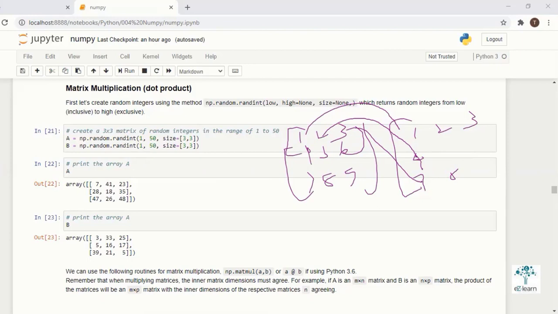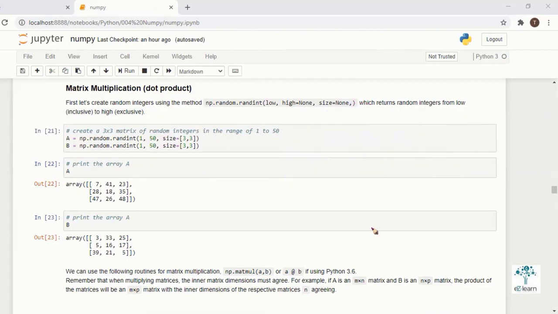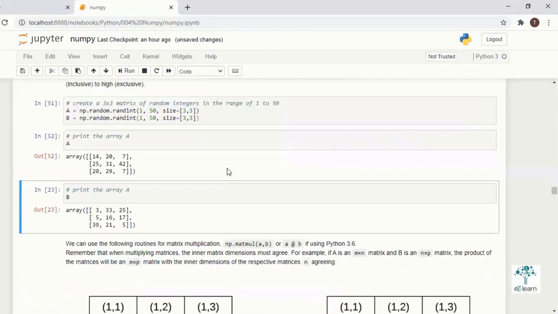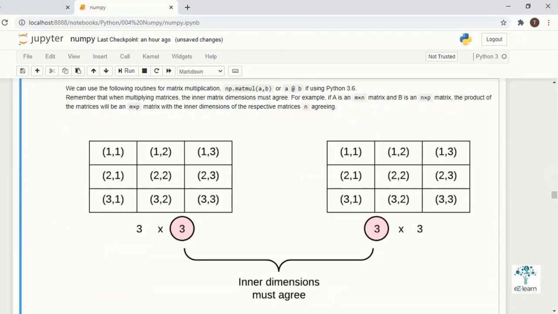So like this, you remember how we do matrix multiplication in Python and NumPy. We have created two matrices. For matrix multiplication, one thing should be common: the inner dimension must be the same.